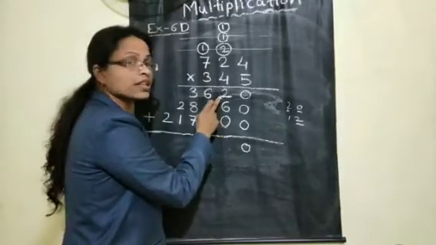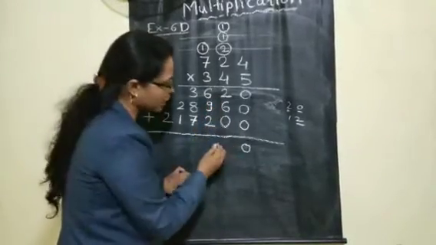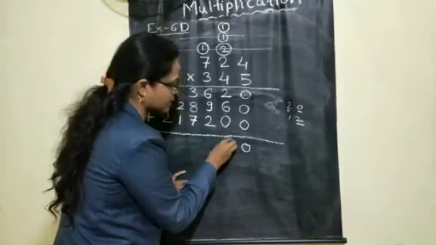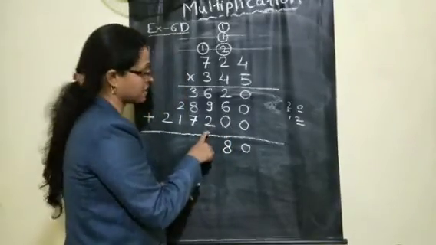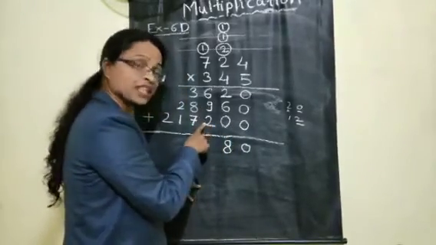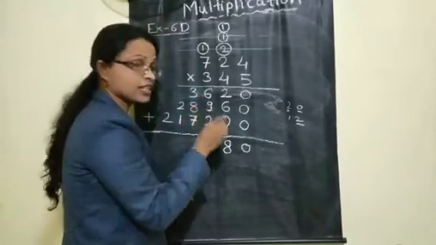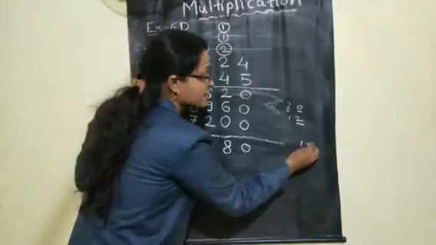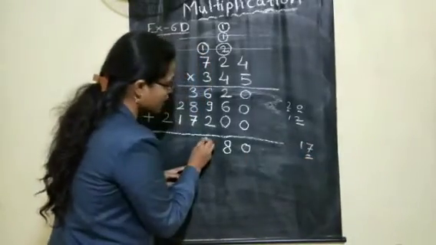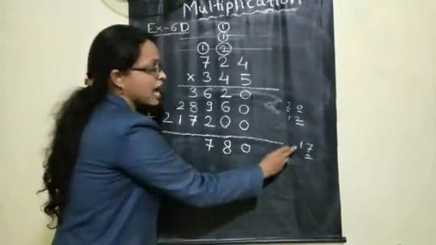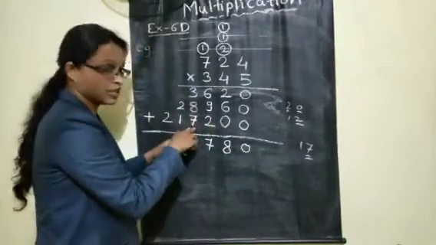6 plus 2, 8. 8 plus 0, 8 only. So you are writing here 8. Now let us move for the 100 place. 9 plus 2, 11. And 11 plus 6, 17. Now here a 2-digit number is there. From that 17, children, this 7 you are writing down in the ones place, and 1 we have to carry forward to the next number.